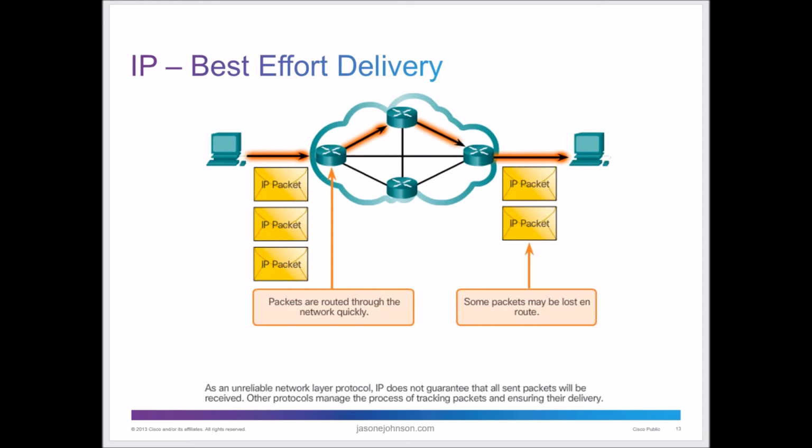And the best effort, this is another visual on the best effort. It's basically saying packets are routed through the network quickly. Some packets may be lost. That's a side effect of this. So 3 of the packets get sent, 2 of them got through. And then on this other end, we only got 2 packets, so we dropped packets. Or we may have had a stutter in the video. So if you're watching a video on YouTube or listening to audio across the internet and you get some kind of stutter, or some break in the information, or the video pauses for a few seconds, that's probably because the packets are being dropped, and so you don't get all the information.